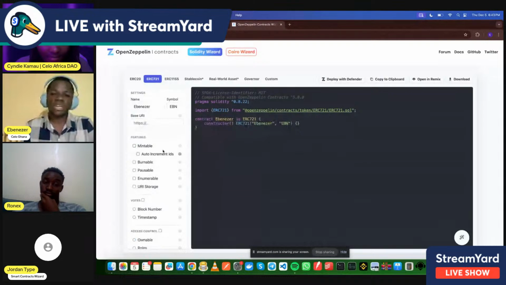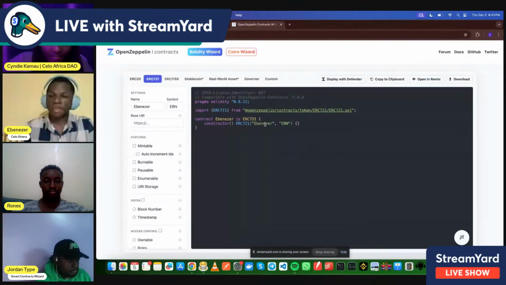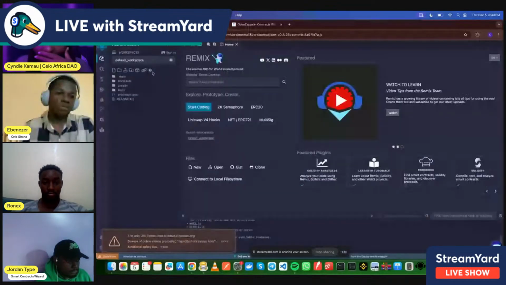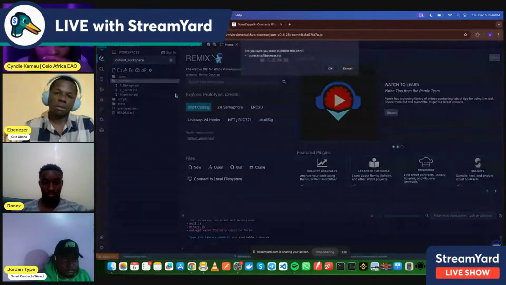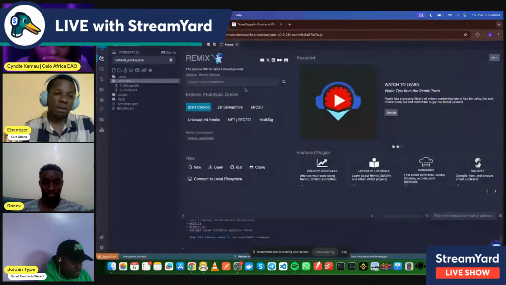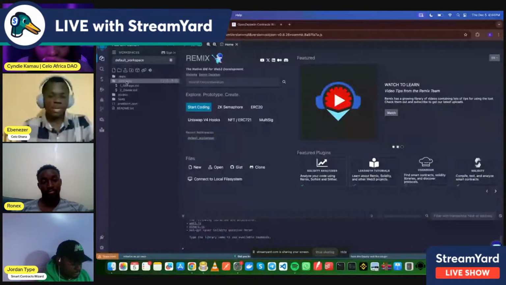So we just want an NFT where we'll be able to have our name and the symbol as a specific symbol. If this smart contract is what we need, then we can just go ahead and copy it, and take note of the name of our NFT smart contract. Mine is Ebenezer. So I'll head on to Remix, and under contracts, I'll create a new file and name it